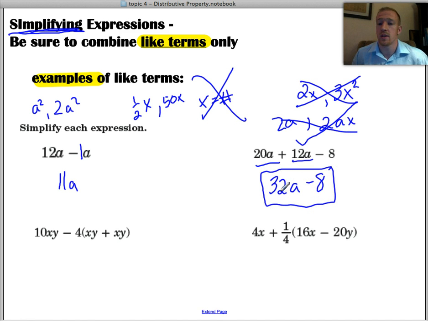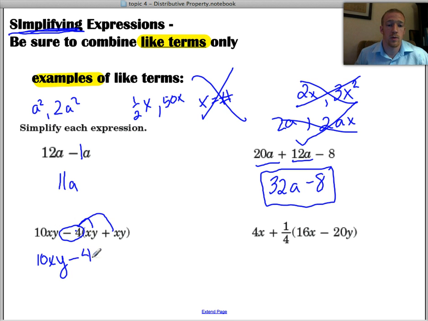All right, if you guys have the habit of subtracting these numbers incorrectly, I don't want you to do that anymore. So xy, xy, xy. All right, so we'll end up with one term here. We got to distribute this -4. So that's 10xy. Remember, always rewrite the things you don't change. And that's a minus 4xy